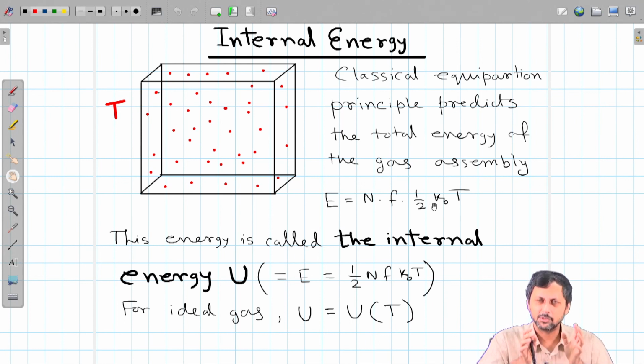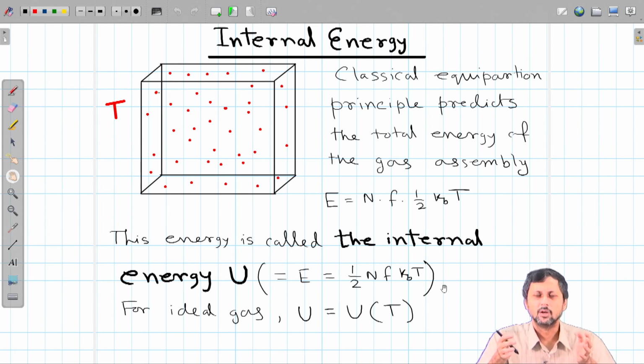Once again, I am just giving you an example of a gas assembly because that is easy to understand. Now, you see the energy, as we see from the classical equipartition theorem, is half N f kBT. So, for an ideal gas, U is equal to U of T only, but we have already seen that this relation is not strictly valid,